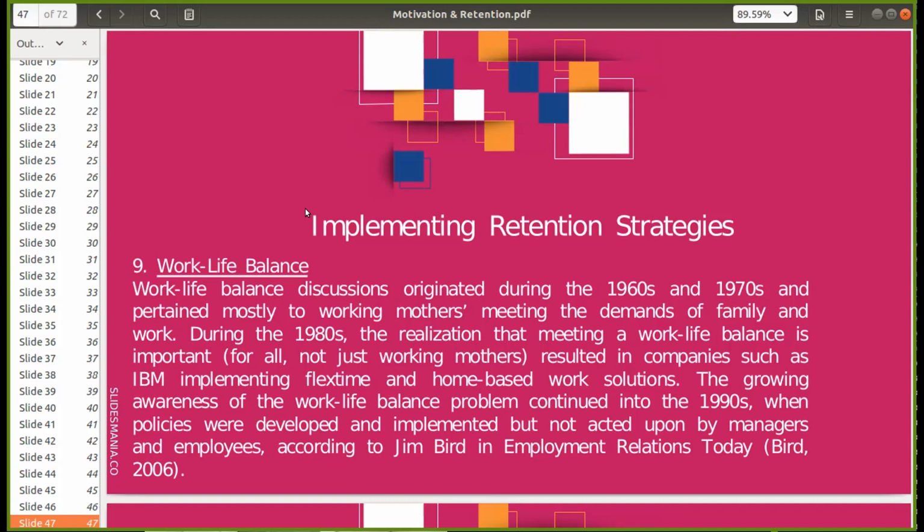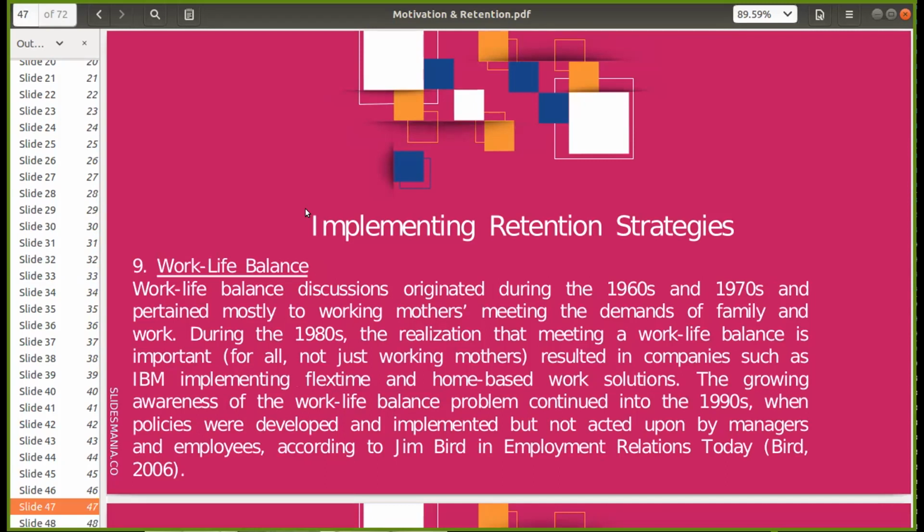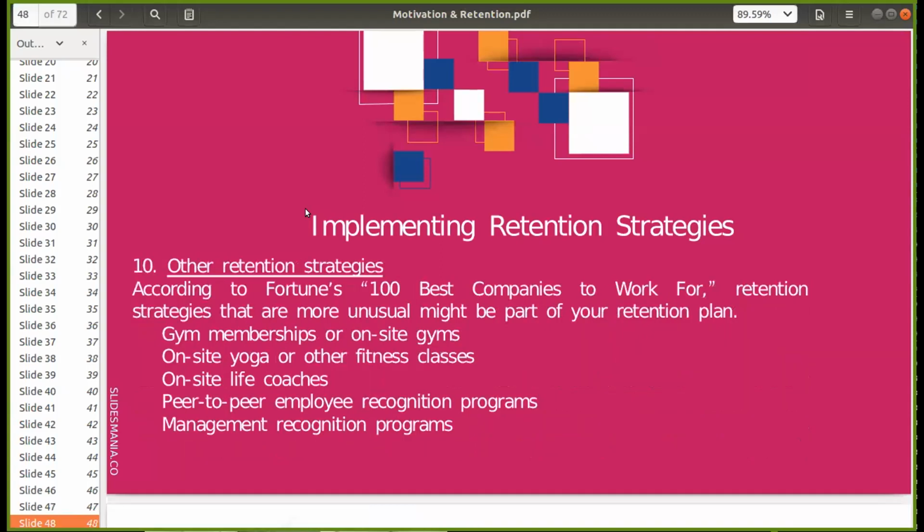So kaya hanggang ngayon, itong work and life balance ay issue pa din kasi hindi masyadong fino-focus, parang minsan ito yung nakakalimutan. Kaya hanggang ngayon may mga employee pa rin na hindi nila nami-meet yung work and life balance. Kaya iba na-de-demotivate. Kaya kailangan there should be tamang policy para dito, para sa work and life balance.